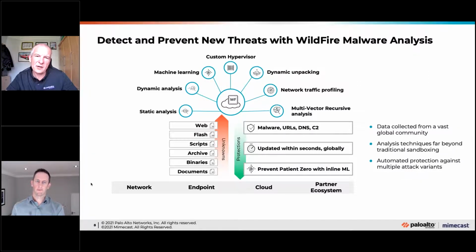Once we've done our analysis, we will then generate that report that I was saying is there. So if it was malware, we can identify the malware, the URLs that were associated with that, DNS that was maybe associated with that. DNS is another typical attack vector as well, and there's a lot of dynamic DNS going on today, and also the command and control.